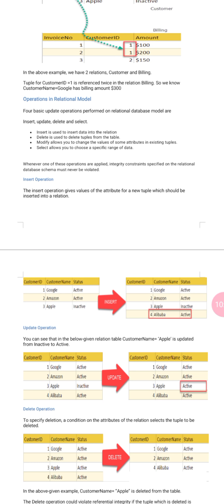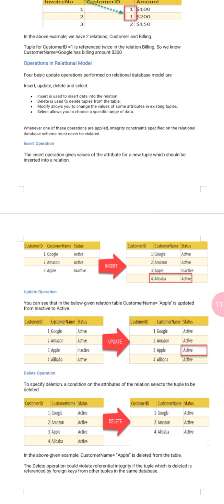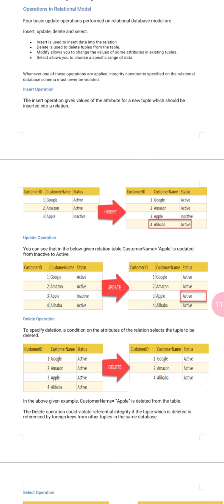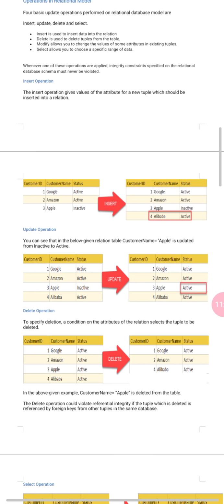Operations of the relational model. Okay, how operations are performed in the relational model, that is what we are going to study. The four basic update operations performed on the relational database model are insert, update, delete and select. Insert is used to insert data into the relation, right?